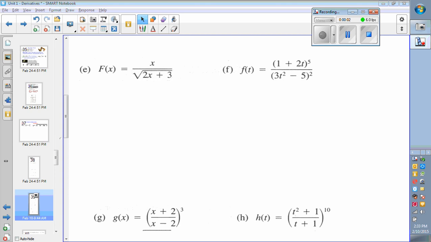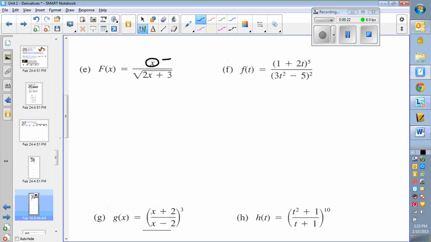Hi there, guys. Let's try a couple of these chain rule examples that have product and quotient rule in them. In fact, we already did a couple of the product rule ones. I guess we'll do a few of these quotient rules and just see how you do with them. So if we look at E, if you were looking at a derivative like this, I would view the top